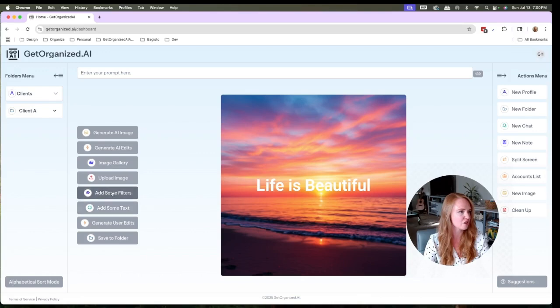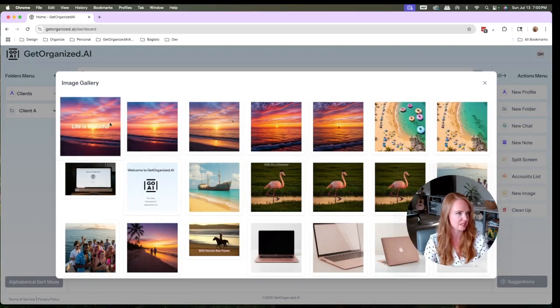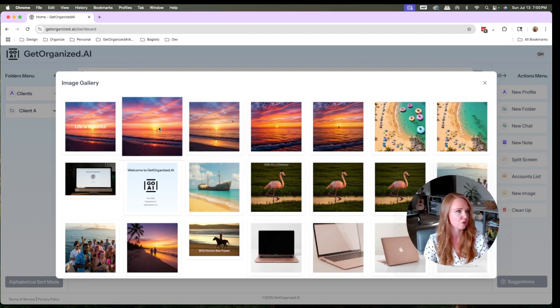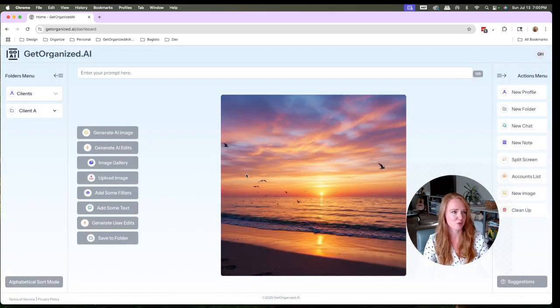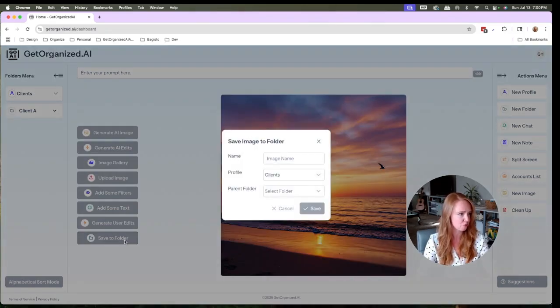And all of your edits will be stored in your image gallery. So say you don't like an edit or it didn't work out the way you anticipated, you can go back and re-add the birds and re-edit everything as you need to. And we'll save this image, and it's just a bookmark for your gallery. Let's say for client